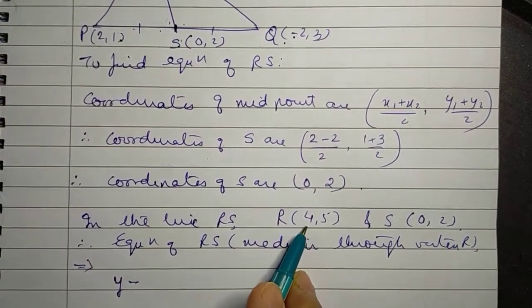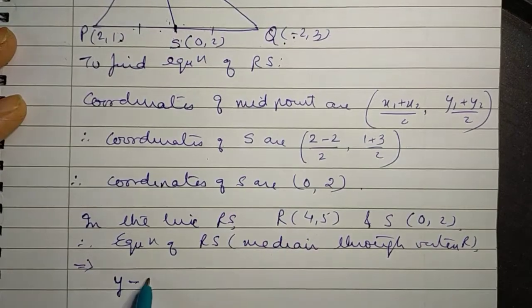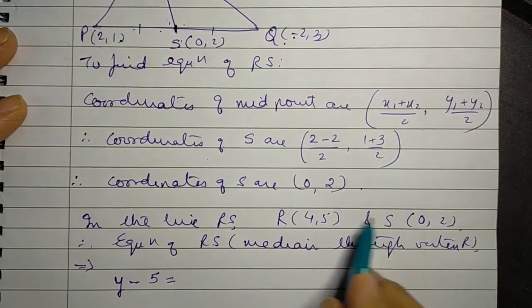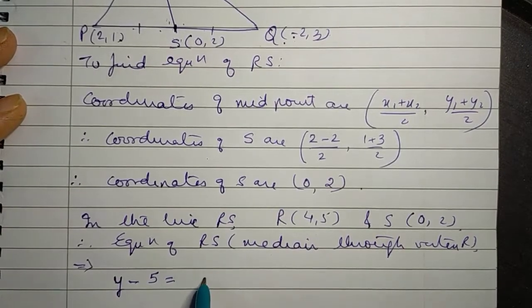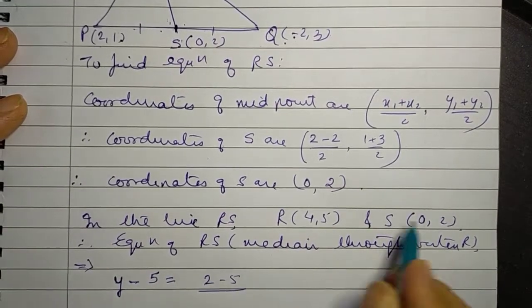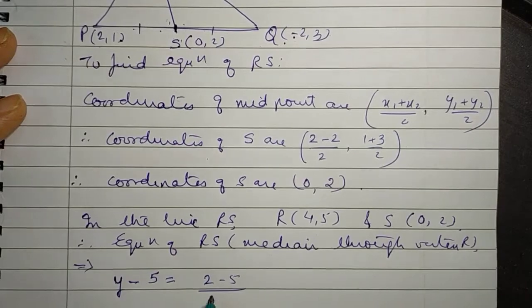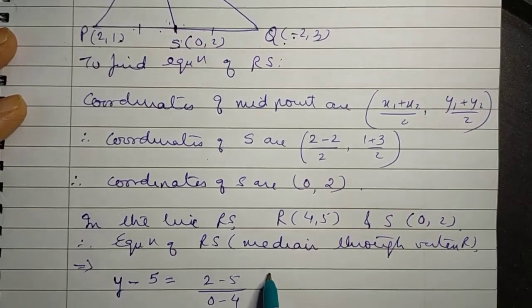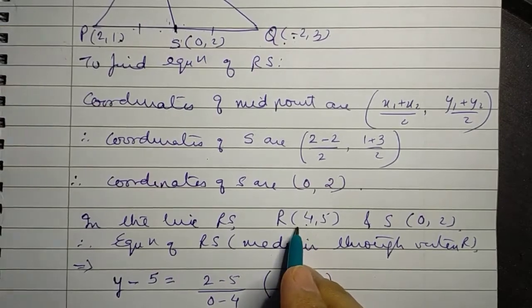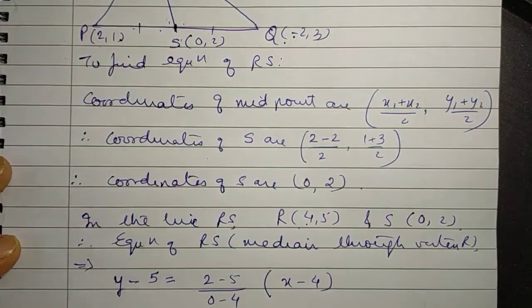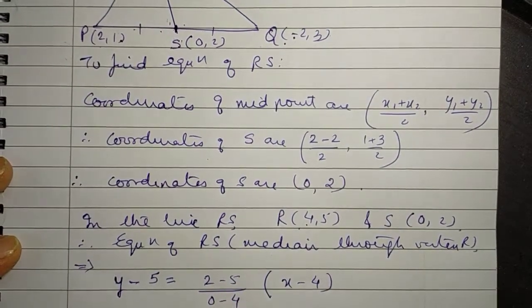You can take any one of them. So let's take this R coordinate. y minus y1 is equal to, the slope is what? Difference of the two coordinates. So 2 minus 5, the y coordinates upon 0 minus 4 times x minus x1, which is 4,